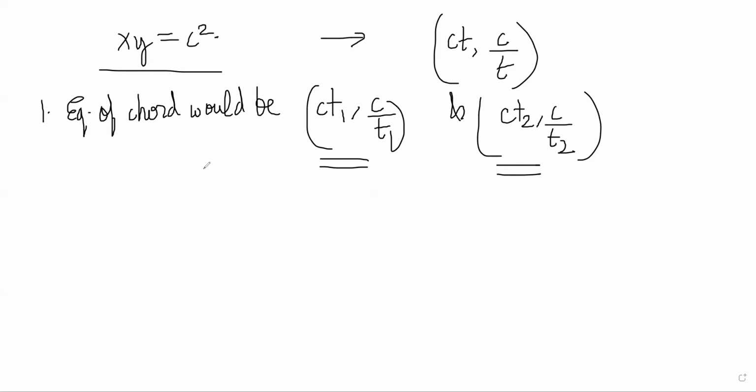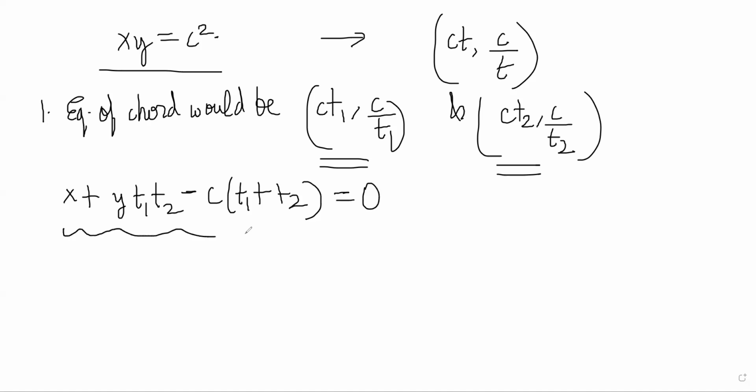When you solve it, it will come out to be like this: x plus y t1 t2 minus c times (t1 plus t2) equals 0. You don't need to remember this. You can just do it by common sense here. Write down these two forms and solve it using that, right? The equation of tangent